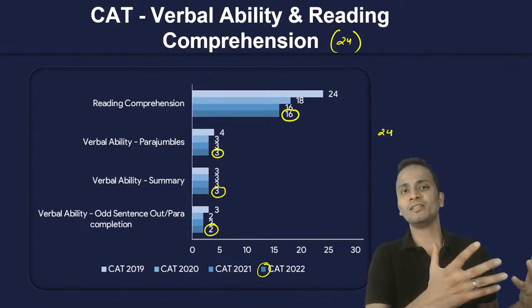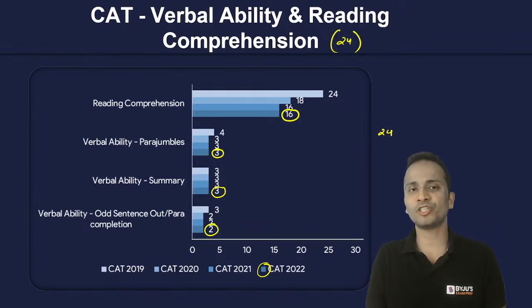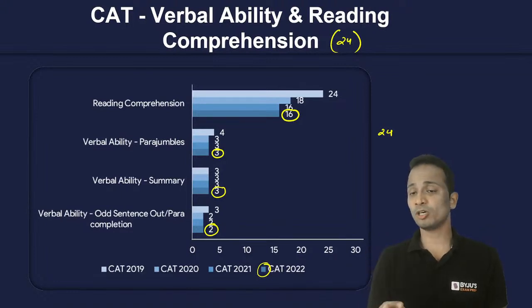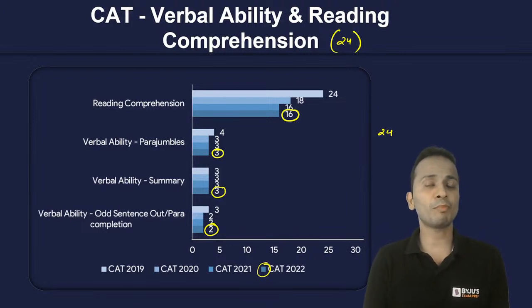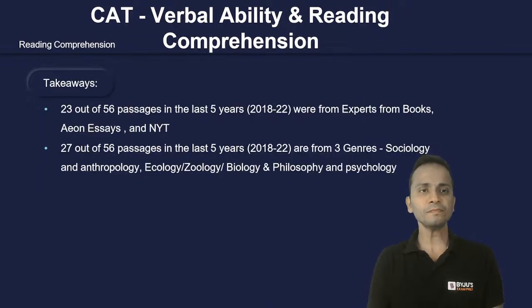So para completion, there will be a paragraph and you will have to complete it using the options which will be given. Okay. So everywhere, every type of question in the VARC section will require you to develop reading skills. Okay. So make all these things clear in your mind, very clear, right? Because all these things will be used while developing a proper strategy for the preparation of this particular section. Okay. Now, talking about what takeaways I have for all of you after the analysis of previous year papers of the CAT examination.